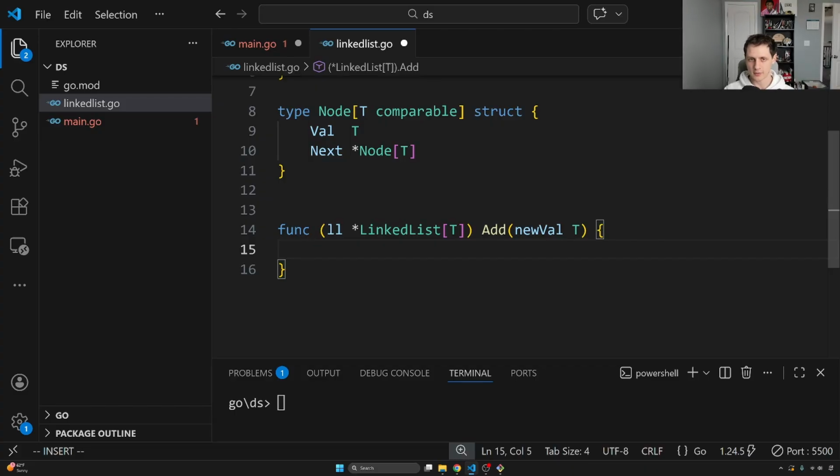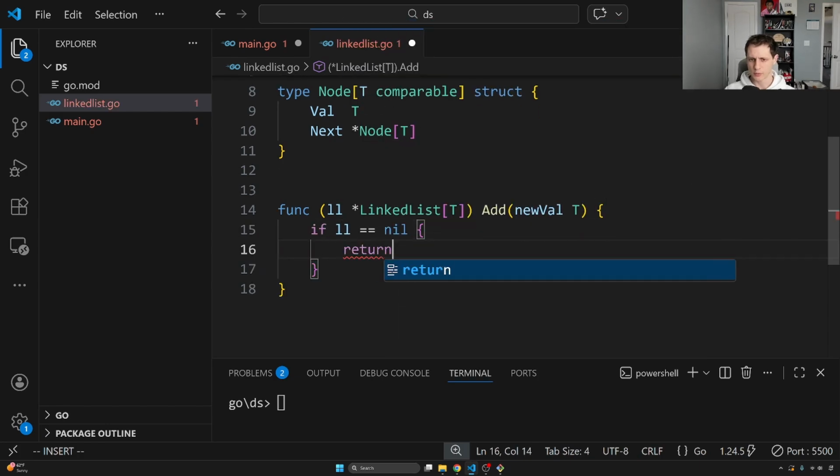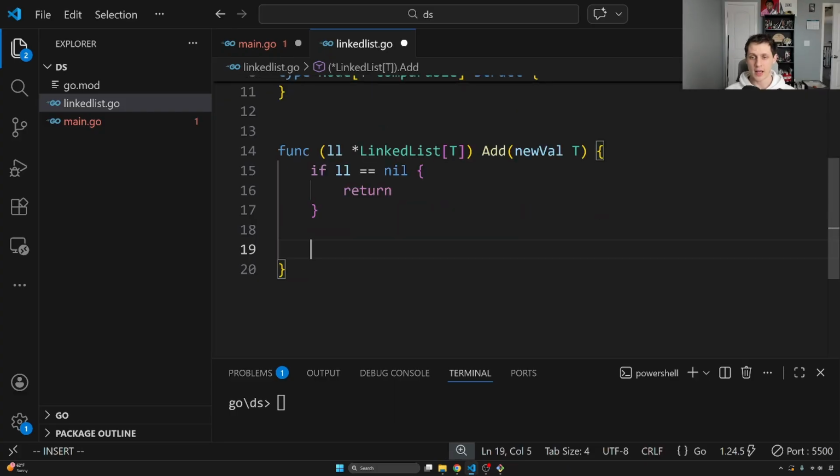If we tried to access the linked list's head or size at this point, we would get a panic because the pointer is pointing nowhere. So we'll first say if ll is equal to nil, we'll just return early. We're not going to try to do any fancy messaging. If our linked list is not nil, then we can create a new node out of